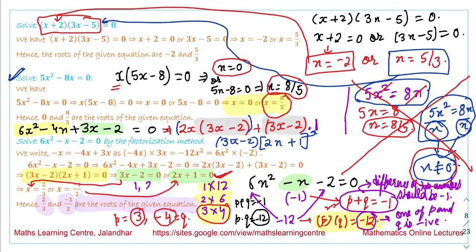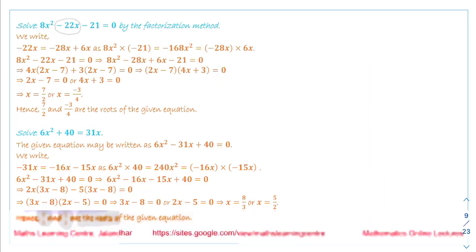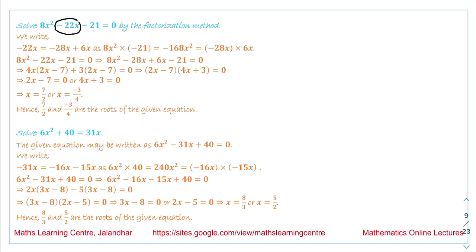So we are saying that 2 by 3 and minus 1 by 2 are the roots of the given equation. Next, solve this quadratic equation given to us. Now again, if we look at the values over here, we want to write this minus 22x such that P plus Q should be equal to minus 22 and P into Q should be equal to minus 21 into 8. So to solve this,